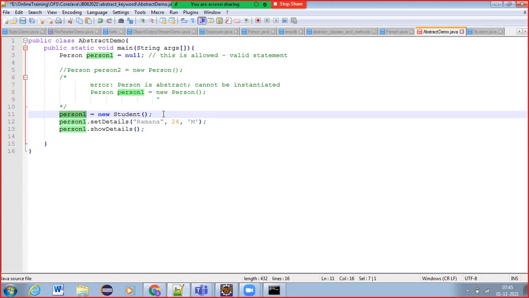This point we know. We learnt it in inheritance itself. A subclass object reference we can store in a superclass reference variable. Do you remember, guys, this one?